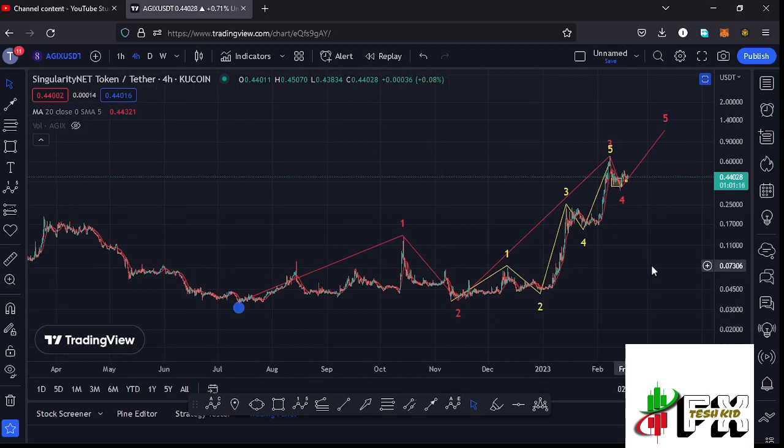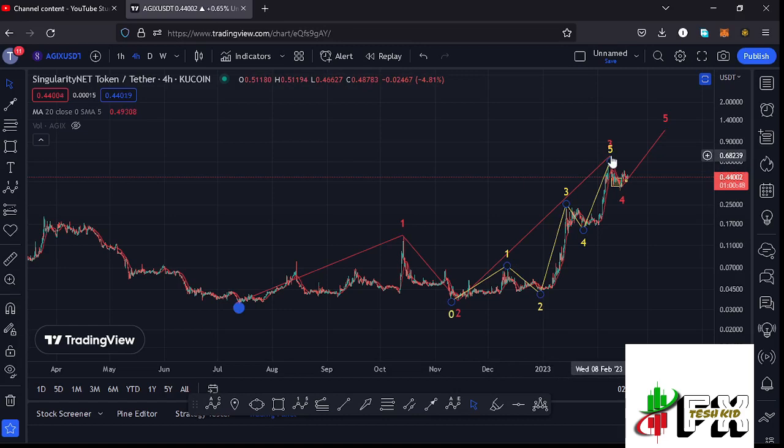And allow me to continue with the video here on the 4-hour chart by first giving you a quick recap of what has been happening, where you can see that after making our lower low down there, we started this massive bounce to the upside, seeing the high for that first wave to the upside at around the $1.3351 mark. And after seeing the high for that first wave, we started this corrective structure in a move that gave us the low for that second wave. And after seeing the low for that second wave, we started this massive bounce to the upside in the formation of this wave 3, which has now given us a peak at around the